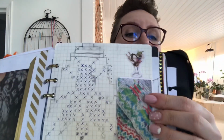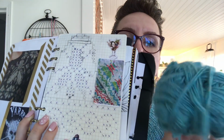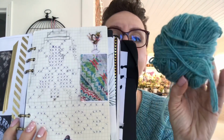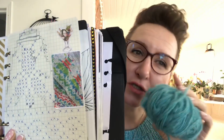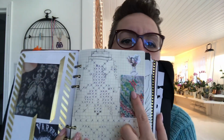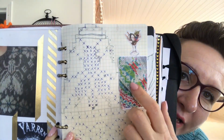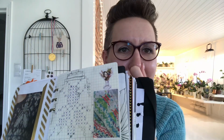A couple of years ago I found a picture of those flies on Pinterest, maybe. I printed it out and even made a chart, and now I said I want those flies, because I had some loopy yarn, so I could hold the strand double and make those cosmic flies. But when I started knitting, the stitches were so big and the fly got so wide, and it didn't have the dimension this fly has, because can you see, it's like hand-dyed sock yarn, colorful, and it looks like, you know how flies shine in the sunshine, with petrol colors. My fly didn't have this, and I thought, okay, then